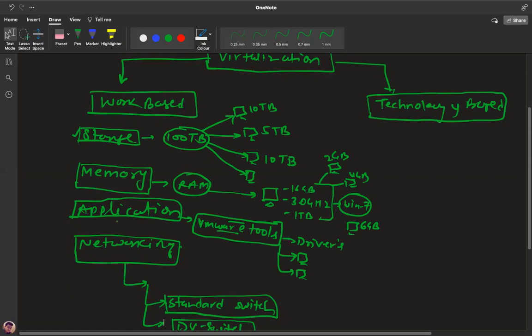You can do that, but the consumption depends upon the usage. You are able to assign 8 GB of RAM to 5 machines. It is possible, but it works over the consumption: how much RAM is used by VM1, how much by VM2, how much by VM3 or VM4. Because you are just dividing the virtual capacity of your RAM, not the physical. So it will work on the consumption, not only on the number.